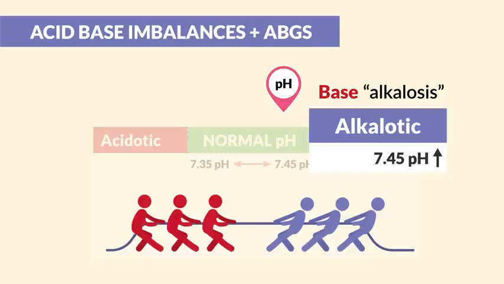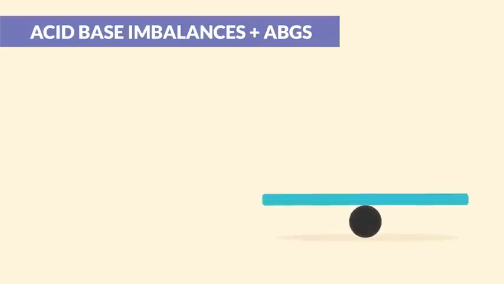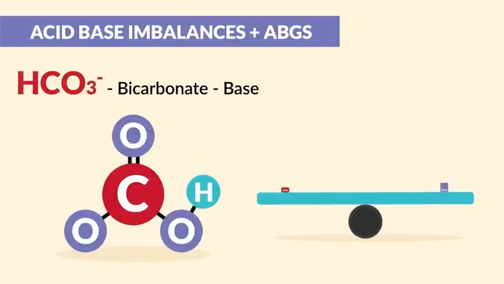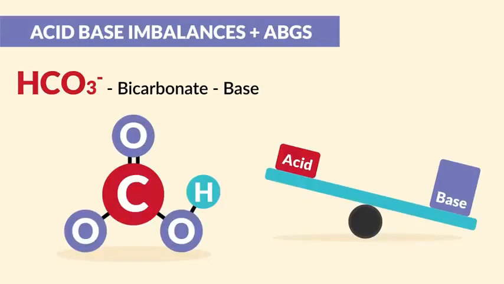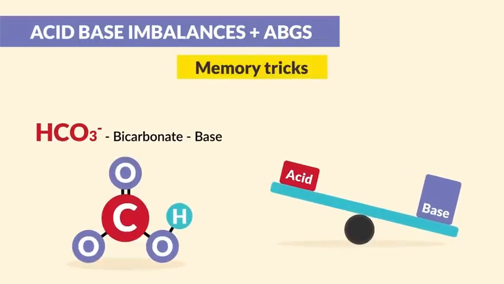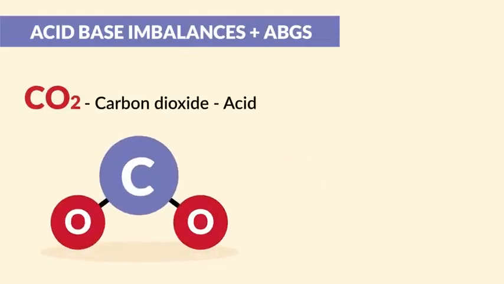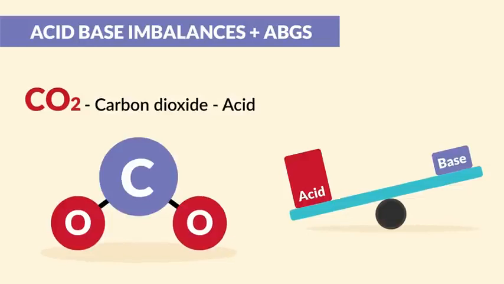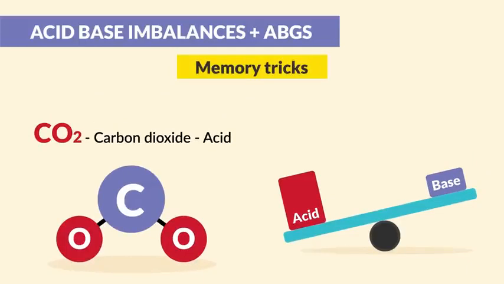Now, that sounds pretty simple, right? Well, here's where it gets confusing. The key players that keep us in balance is HCO3, known as bicarb. This is our base. That helps to put the body in this alkalosis. So the memory trick, think of the double B's. Base equals bicarb. And CO2, our carbon dioxide, is our acid, pushing the body into an acidotic state. So too much CO2, we get a body that is in acidosis. So the memory trick we use, just think carbon dioxide is carbon diacid, since too much carbon dioxide pushes us